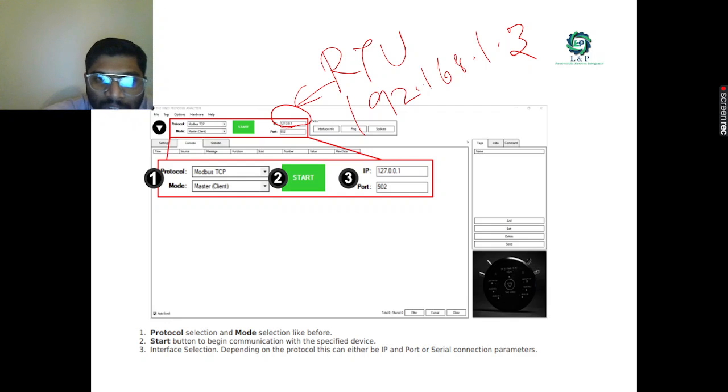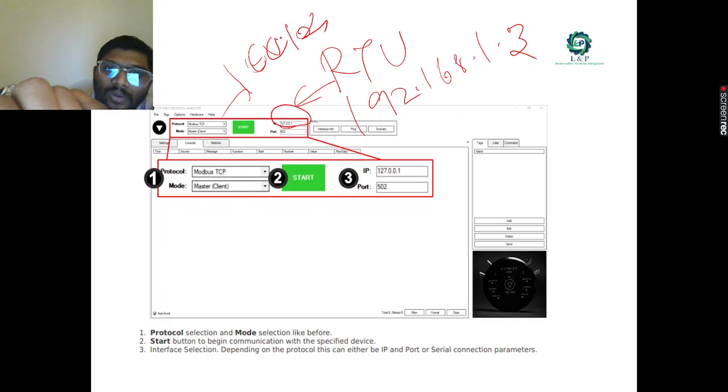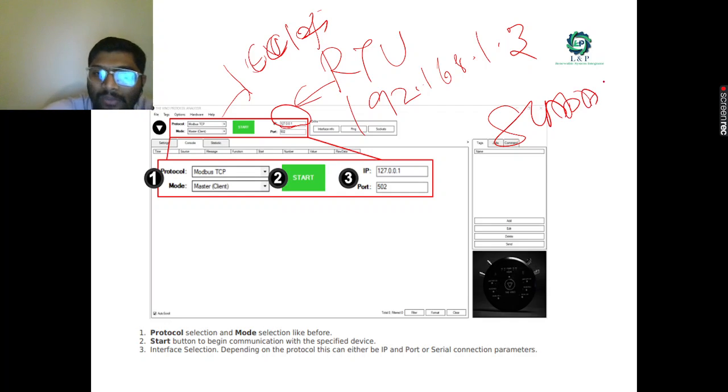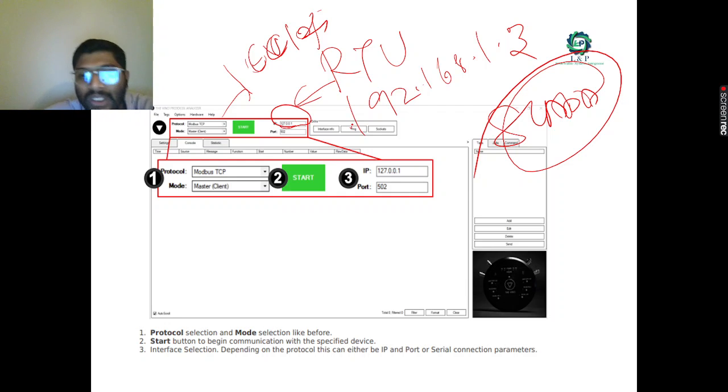Okay, and most importantly, since it is Modbus TCP, it is showing here. It can be IEC, okay, IEC 104 also. You can use 104 also if you're going for a SCADA. Okay, and most importantly, this is the basic thing. You can ping and check whether you are able to ping that concerned equipment in the Vinci protocol